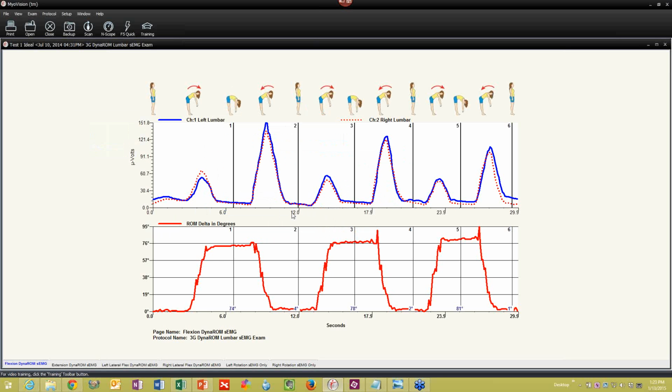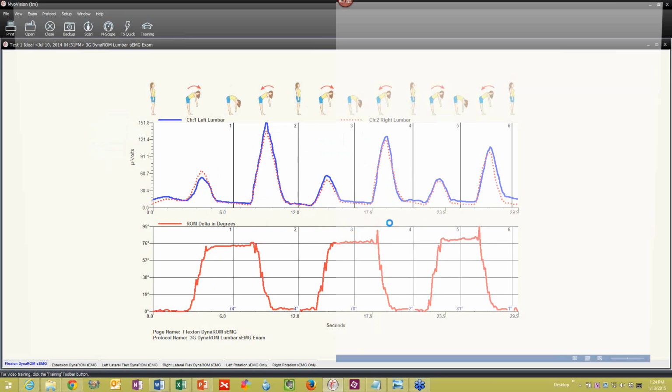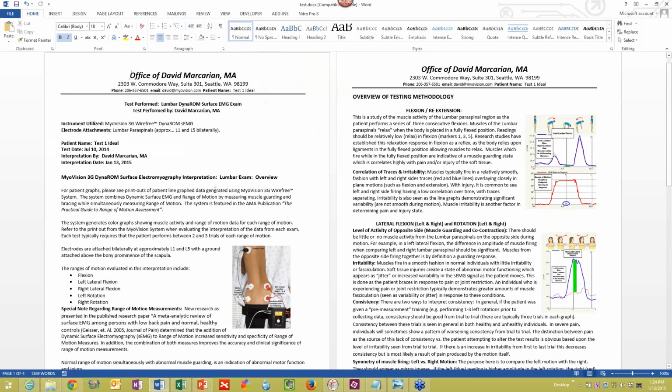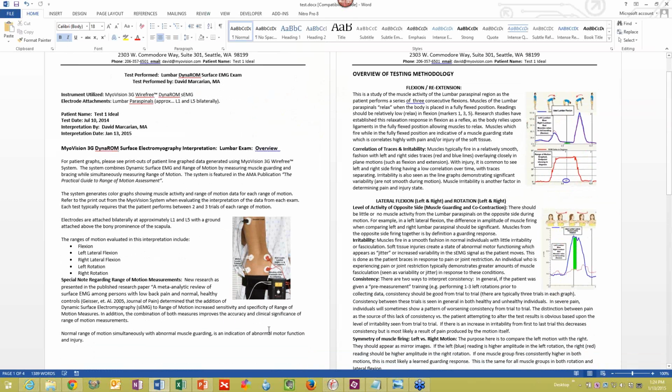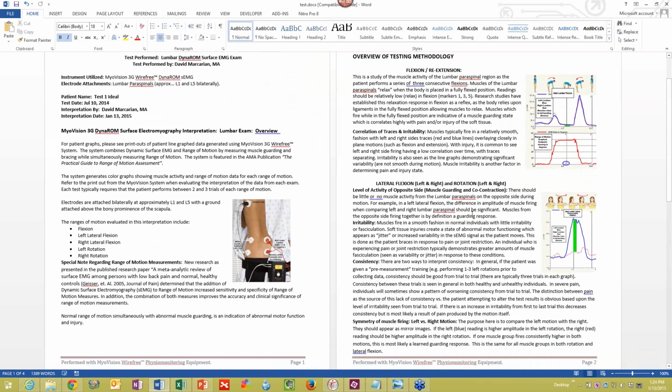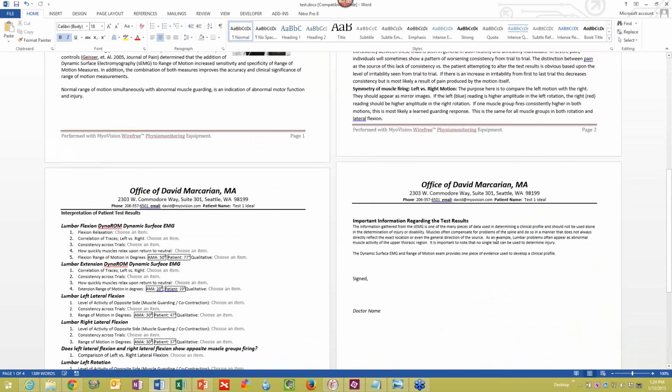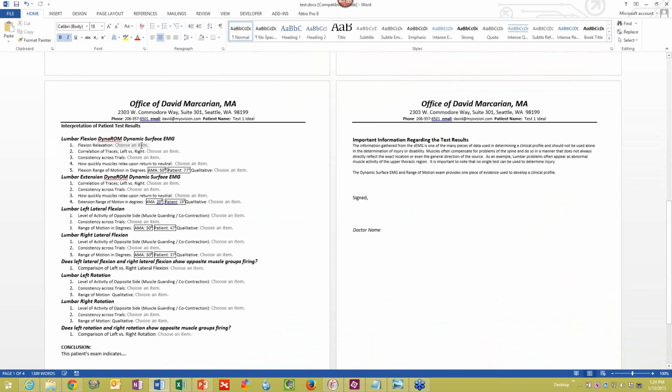And the report itself will actually provide you with something you can send to the attorney right away. You can save it as a PDF. You do need to have Office 2013 or 2010 installed, and here you can see what it looks like. We explain the test, very professional looking, with photographs along with graphs of what normal is, and you simply will select from these drop downs